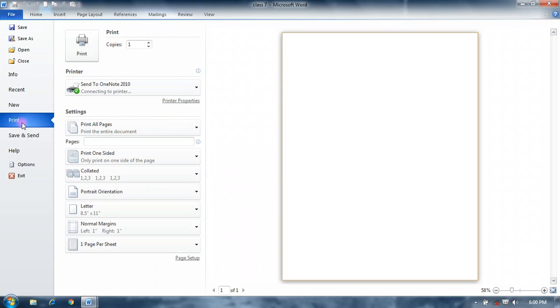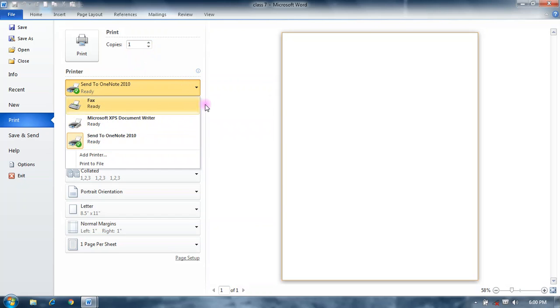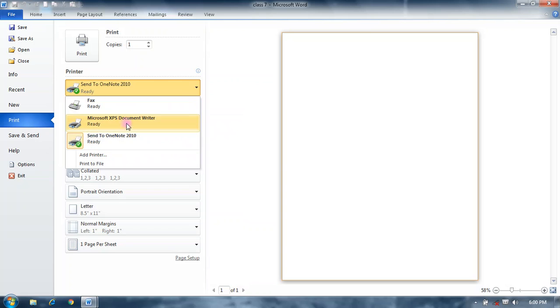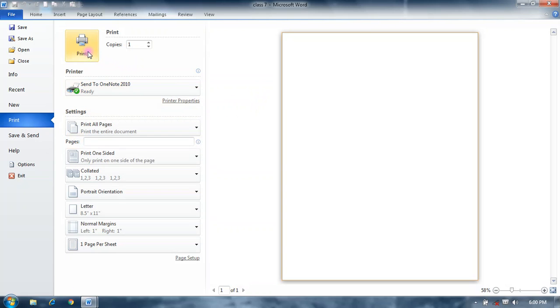The Print option is used to print your hard copy on paper. From this option, select your number of copies and select the printer. Because a printer is also a hardware device, when it is attached to your computer system, it displays your printer. Click on the printer and it prints out your hard copy.